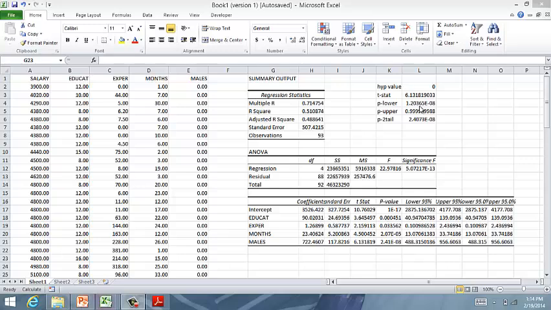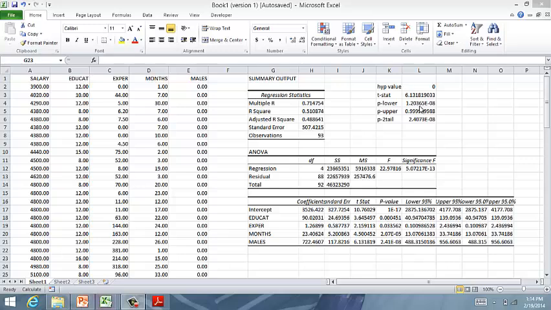When I run a dummy variable regression without an interaction term, what I'm really doing is just changing the y-intercept of my regression based on whether or not that dummy variable has a hit, where that coefficient is called into play when the dummy variable is a 1. In other words, showing that additional $722.46 for male, versus if the subject was female, I would just calculate their salary without that, because the 0 on male would be a miss, meaning I'm not adding that